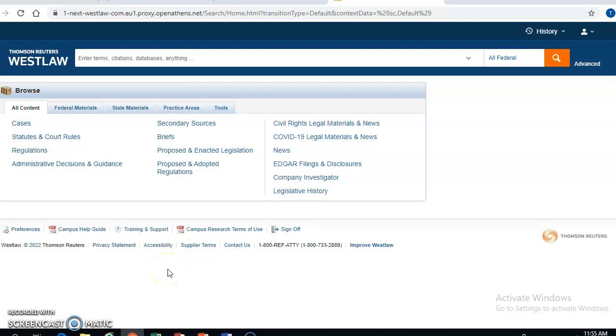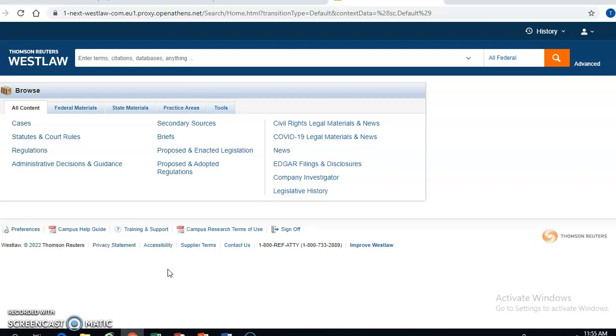You can just say, okay, I know that I want to go into this book, so I can go straight into it. So you can browse through the content in any way that you like, by what it is. For example, I want cases or laws or secondary sources. I can browse through it by where it is. I want things just from Illinois or just things that are federal. Or I can look for material